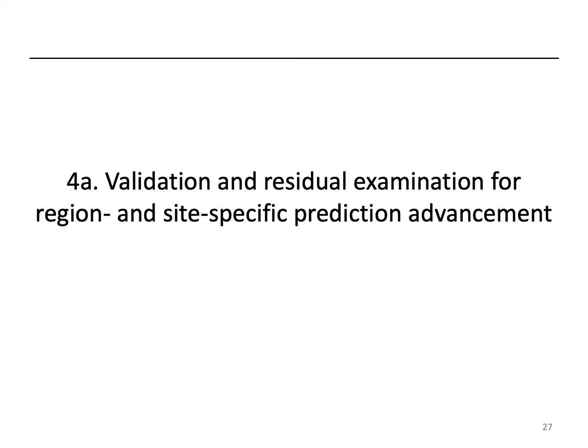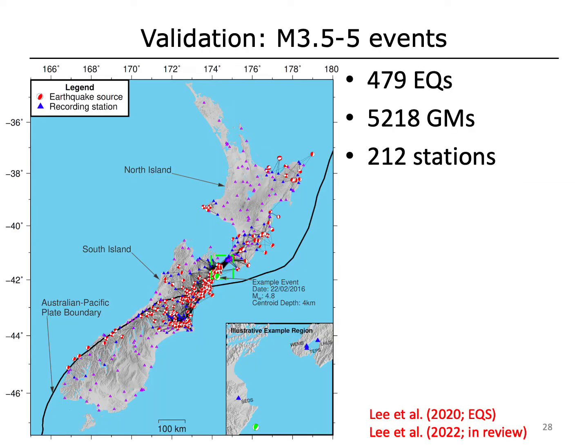The first one is how we can make use of validation and examination of residuals for region and site-specific prediction advancement, using that inference spiral construct that I was mentioning earlier. So I described before some of the different data sets that we've been looking at, and here are just a few more details of those. For events that we often refer to as small magnitude, in the 3.5 to 5 range,